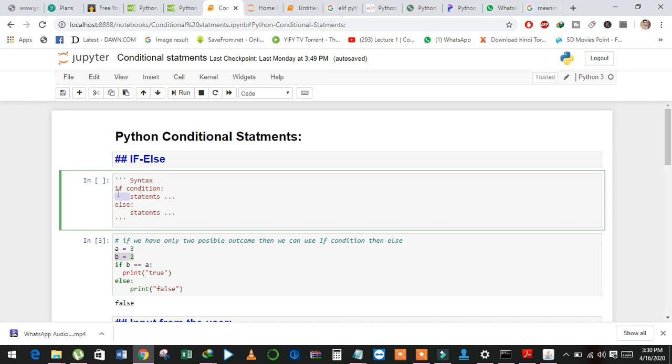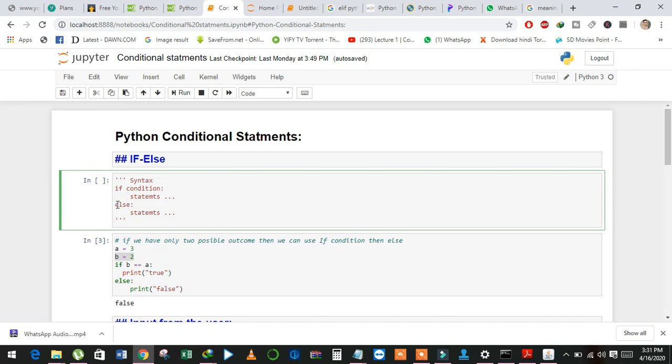Python uses indentation to specify the body of if. In other programming languages we have curly braces, but in Python we use colon, and after colon Python automatically generates some space at the beginning of each line.